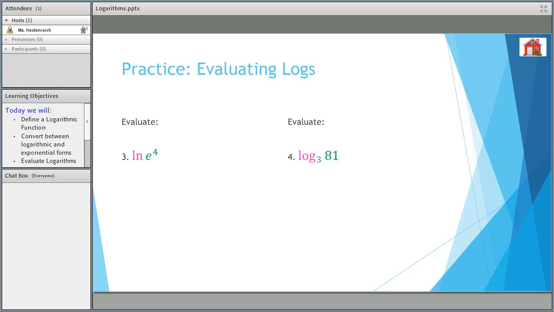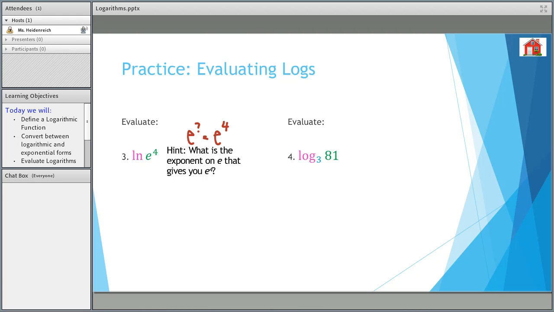The first one is a little bit strange, so I'm going to go ahead and put up the hint here. What is the exponent on e that gives you e to the 4th? All right, but I'd like you to pause the recording and think about both of these questions, 3 and 4, and then unpause when you're ready to check your answers and your ideas. Okay, I'm writing out